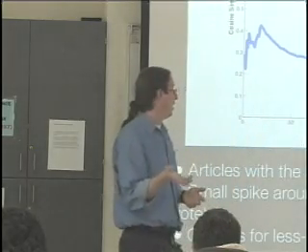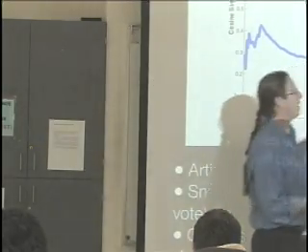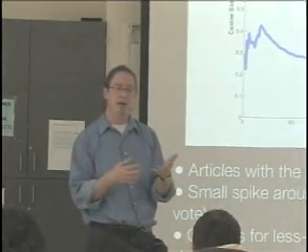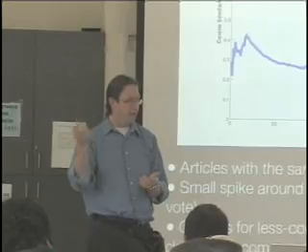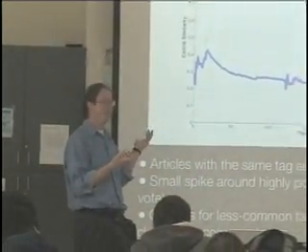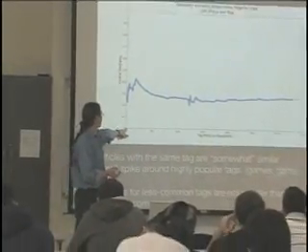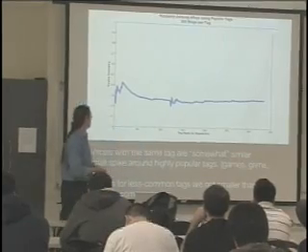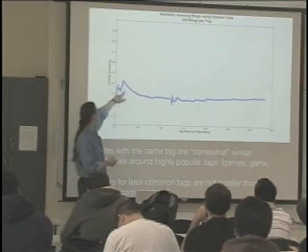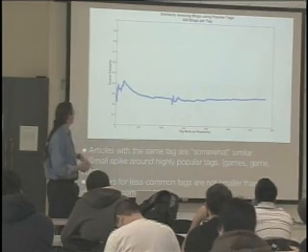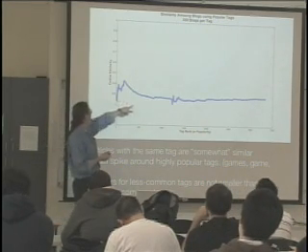The other thing we thought was going to happen, actually, was that common tags would slope upward, that common tags would not have much similarity, and rare tags would have a lot. Because if somebody tags an article with aardvark, that's pretty specific. Common tags, not so much. It turned out that wasn't the case. So this graph shows popularity. This is the most popular tag, and down there is the 350th most popular tag. And this is cosine similarity on the y-axis. There's this little spike here, which is around games and gaming, actually. But for the most part, it's flat, which kind of surprised us. And it's not very high.